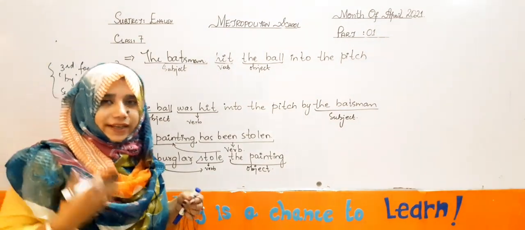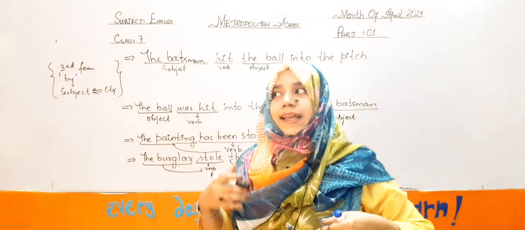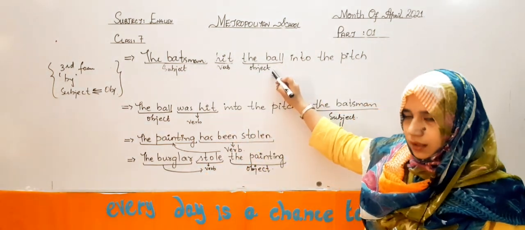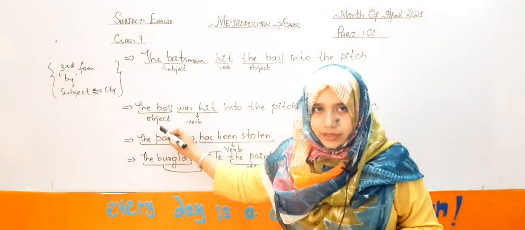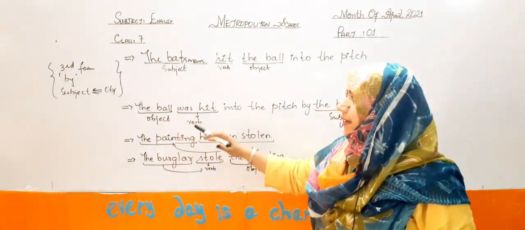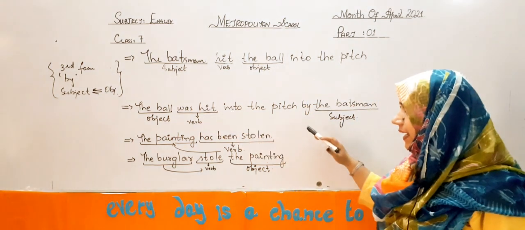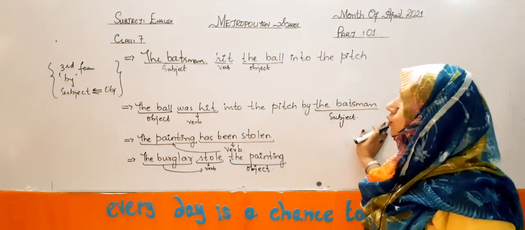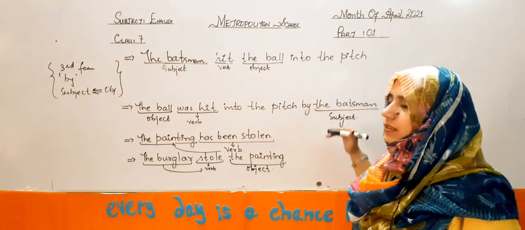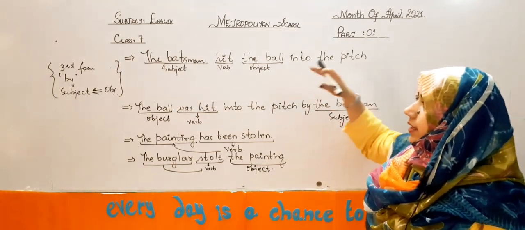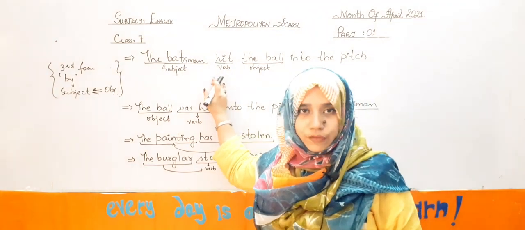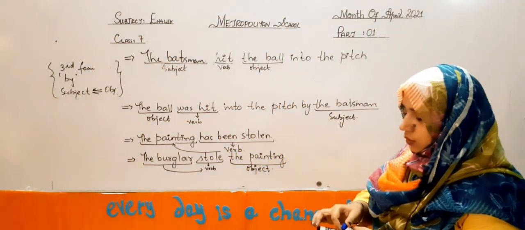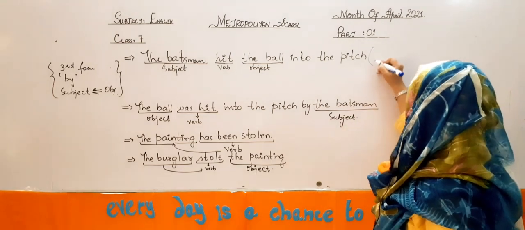But what if we write this sentence in another manner, by using the ball as the starting word? You can write it like this: the ball was hit into the pitch by the batsman. So what is the difference between these two sentences? There is a subject who is the doer of an action, who is doing an action. So this sentence is called the active sentence,